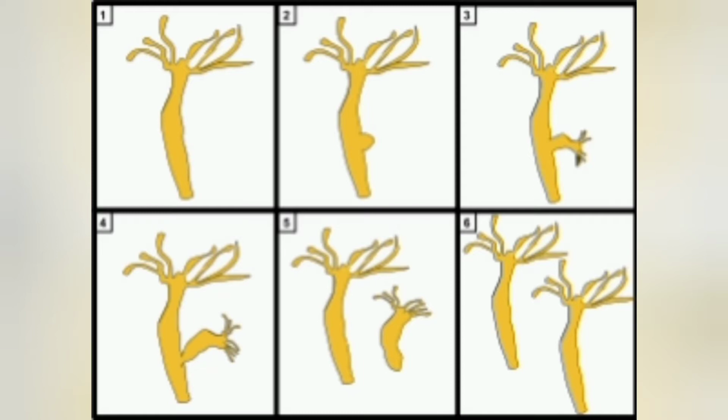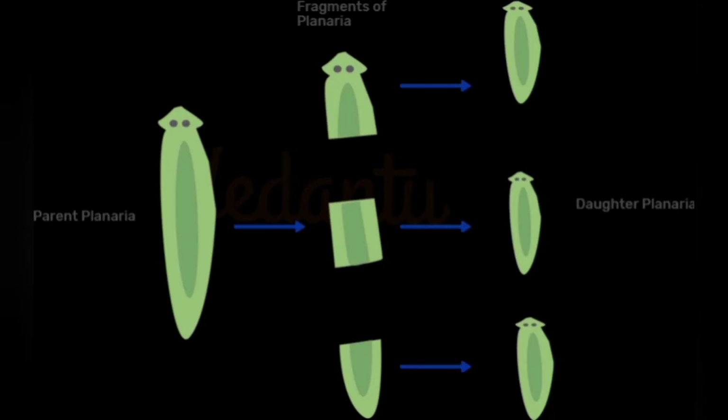A bulb-like projection protrudes from the body of the parent organism, which is known as a bud, as you can see in the picture. It at last detaches from the parent and makes a new plant. The second one is fragmentation. A parent plant is divided into many parts, and the many parts become new plants.